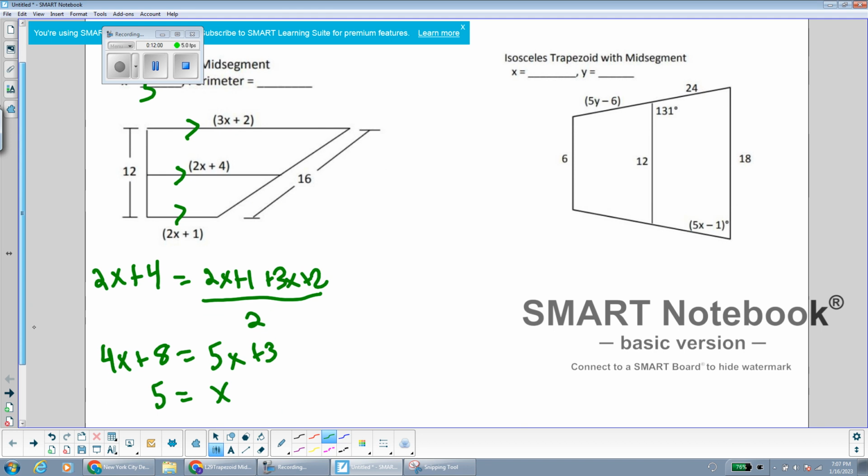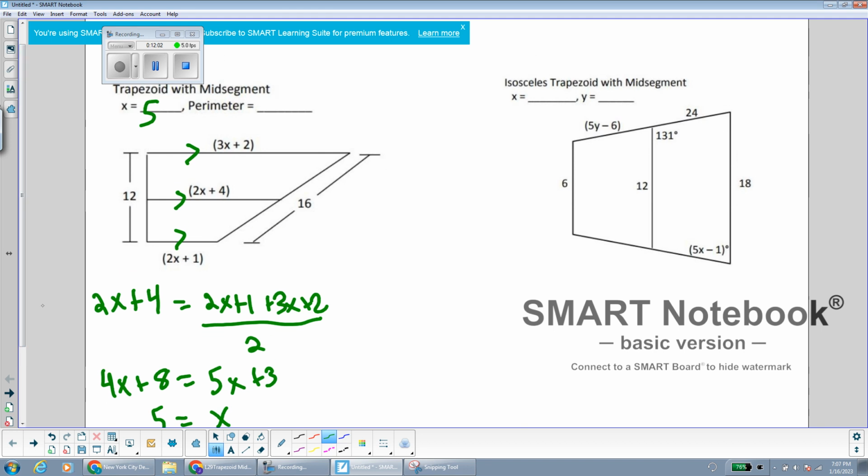The second part of the question is asking for the perimeter. We already have the 12 and the 16. That's 17. 5 times 3 is 15 plus 2 is 17. And here we have 11. So if we add together the sides, I have 12 plus 17 plus 16 plus 11, and I got 56